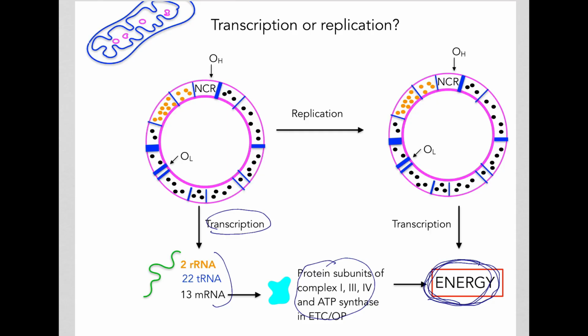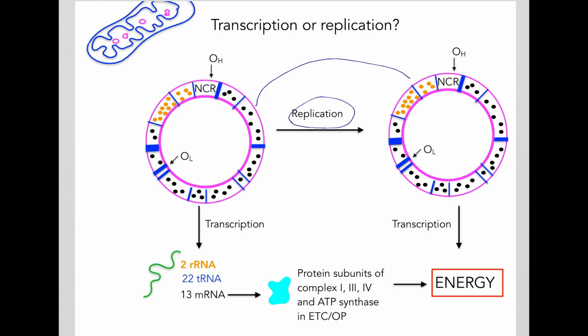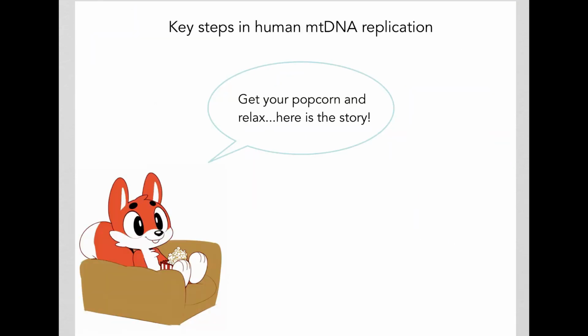The most important source of energy for a cell that has mitochondria is the mitochondria. Now, in replication, this DNA is basically copied into another copy. And then, of course, this copy too can then be transcribed to provide energy for the cell. Okay, so with this background, I think we should be in a position now to talk about the story of